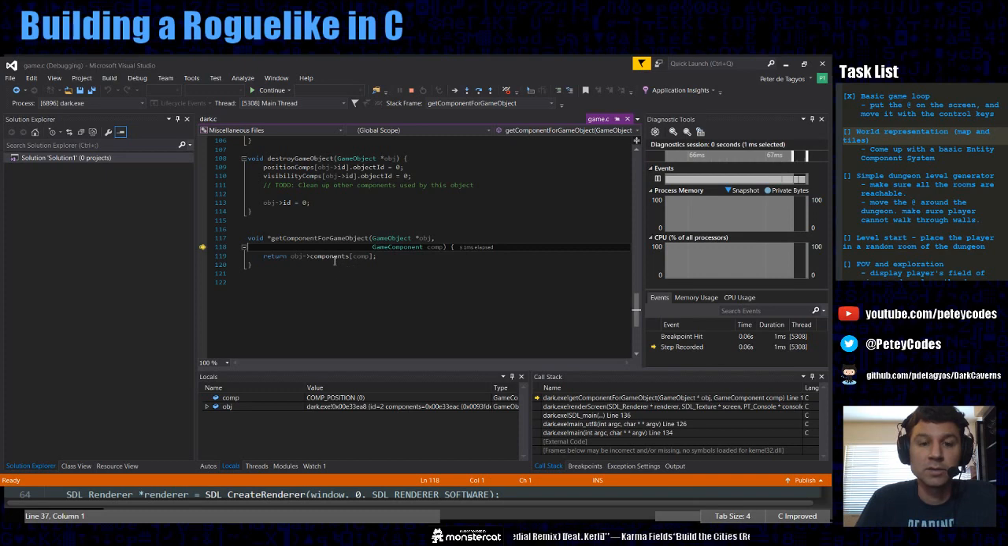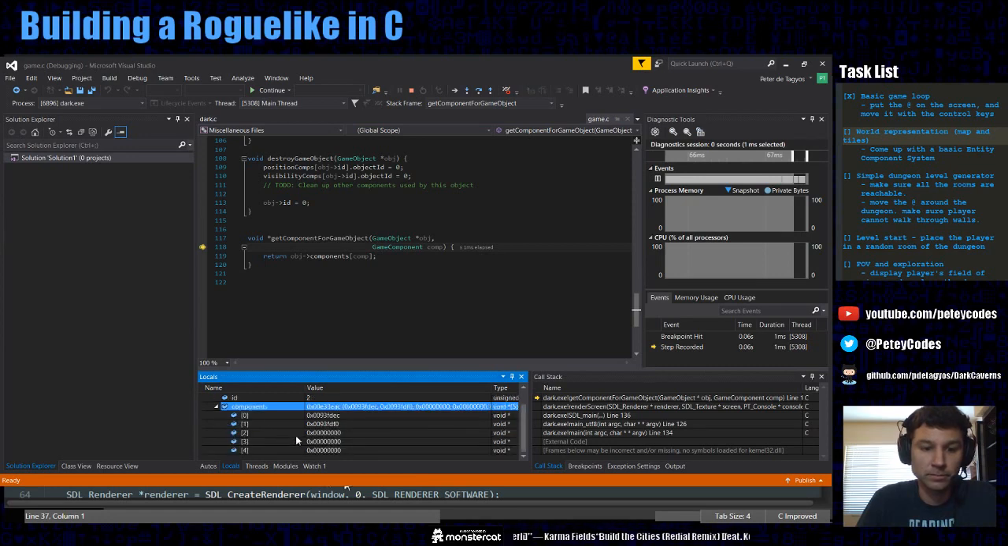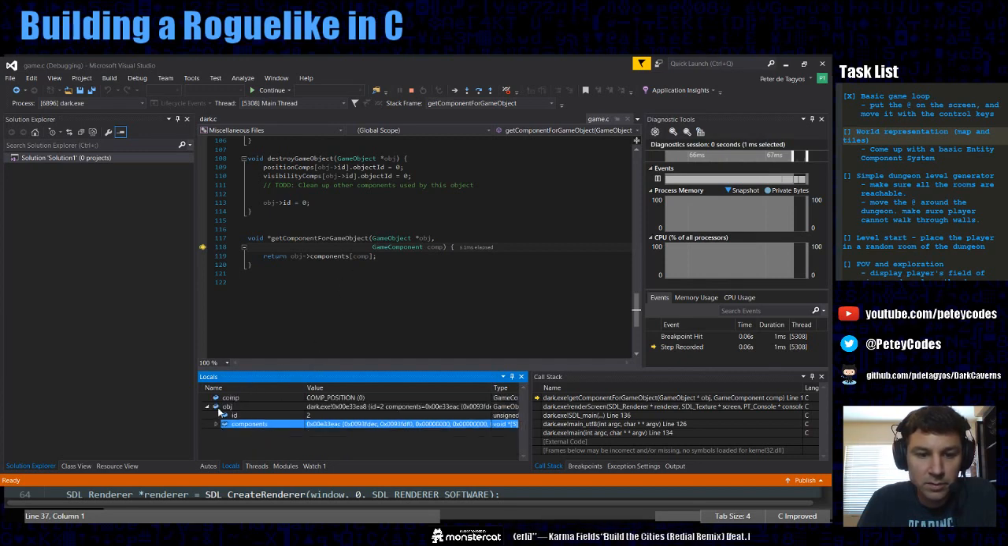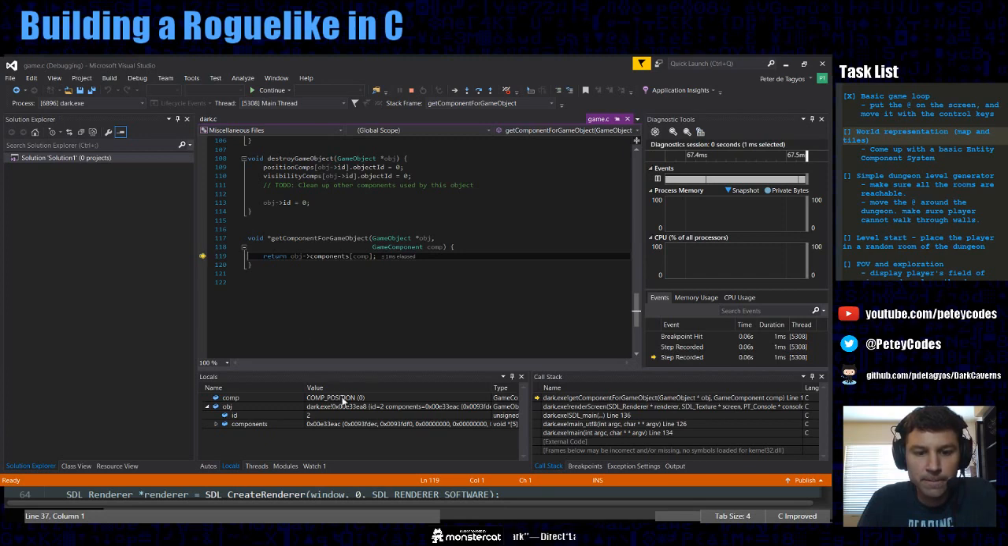So get components. What does our object look like? So it looks like components in position 0 and 1 are valid, which should be our position and visibility components. So comp in this case should be, is this right? It's comp. This comp position 0. I think this